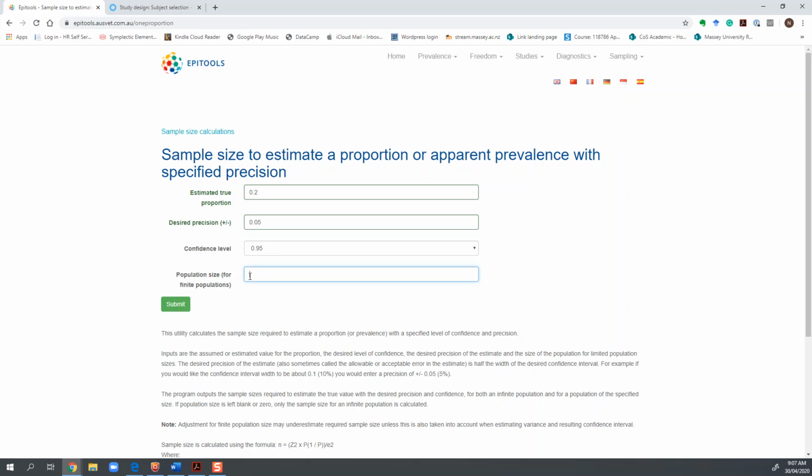Now there's a fourth thing here which we haven't talked about before, but it's the population size for finite populations. Now if you're just sampling and there's a really large population, you don't need to worry. But if you were, say, to go on a farm and you have a fixed number of livestock units on that farm, well then you might want to do that. But if you're just going out into the population in general, so for example selecting from a number of farms, you can just leave that blank. We hit submit